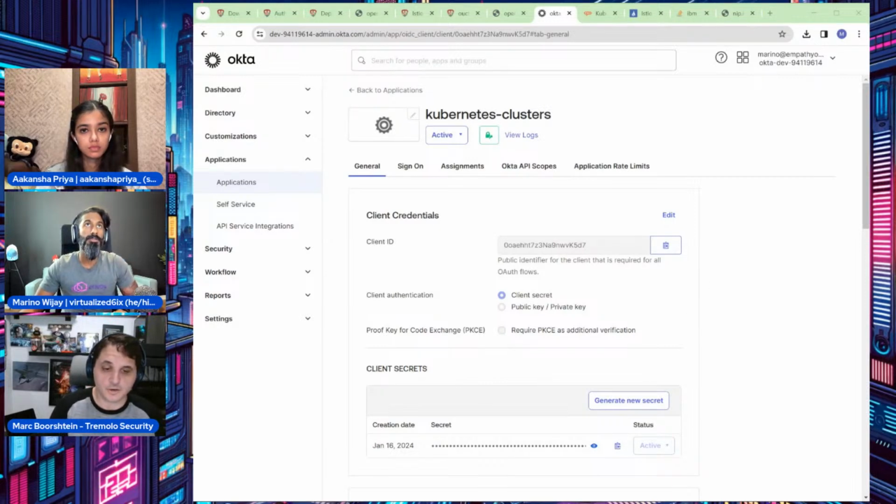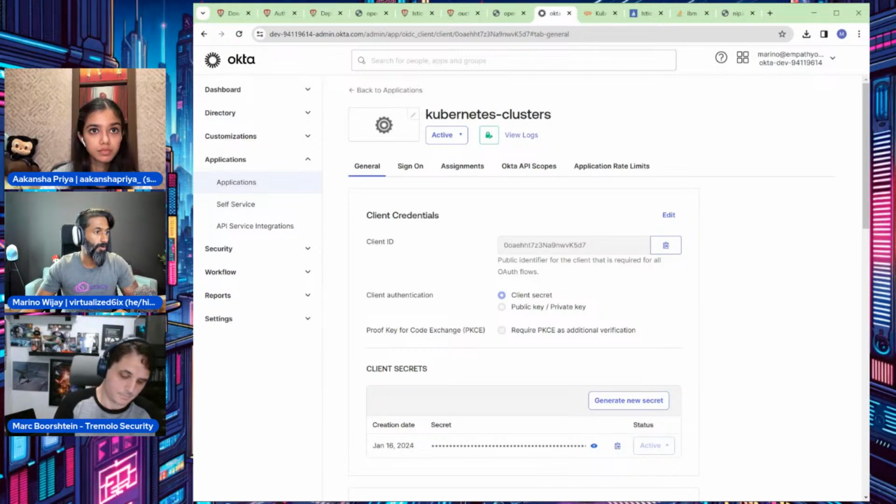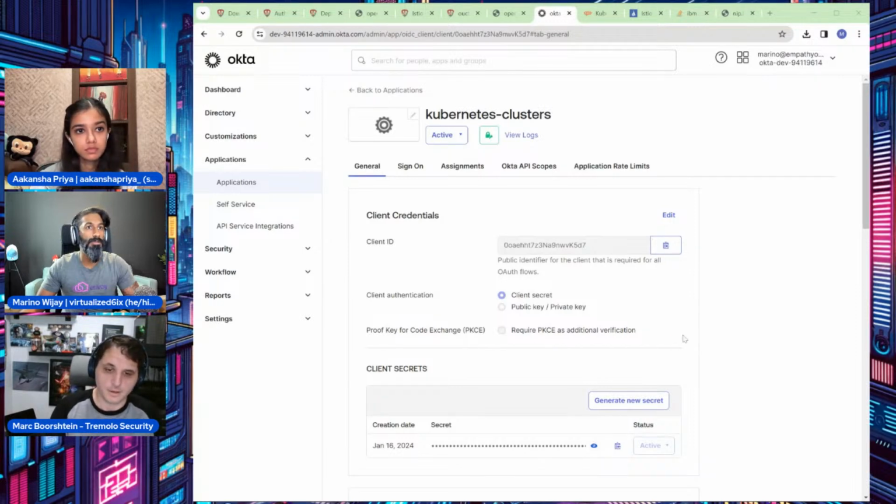Now, the next thing you're going to want to copy is you see client secret. Go ahead and copy that and put it in a file somewhere on your system. Okay, I'm going to do that. And I'm going to stick it on my desktop for now and deal with it later. Okay. So the last thing you've got to configure here is